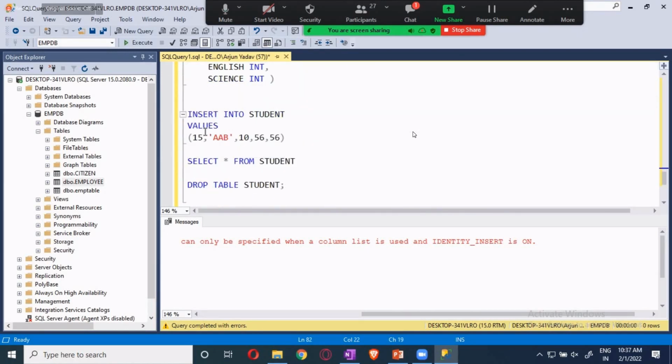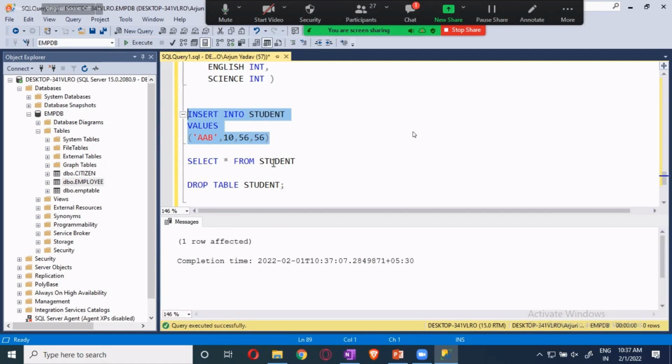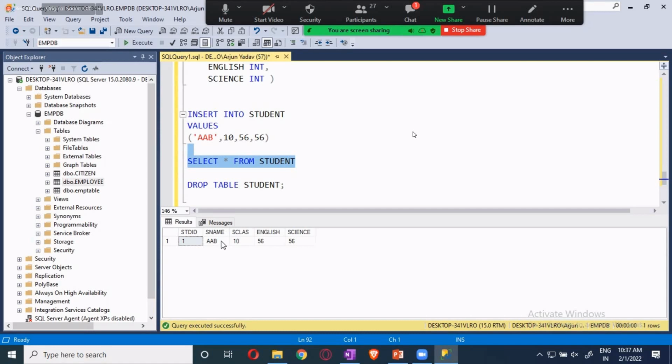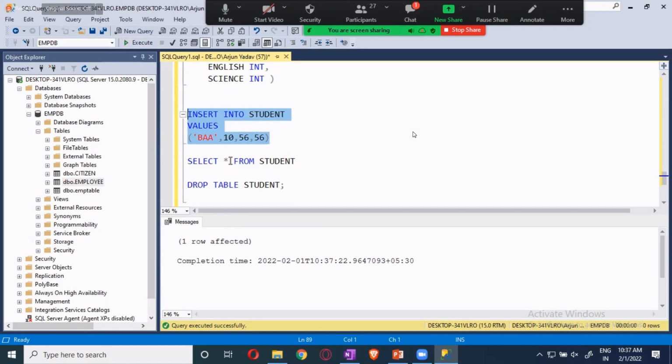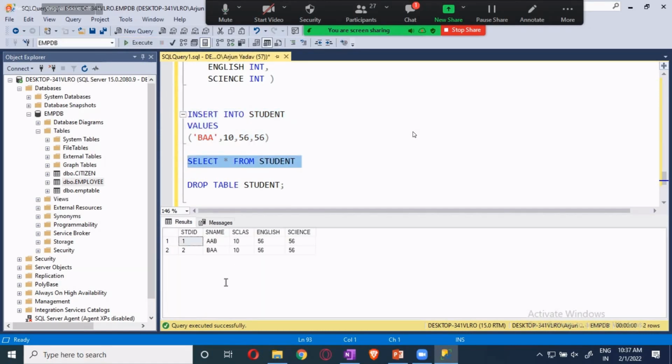Now let's see this. I will remove this one. Now I will run it. Whether it will go? Yes, it will work. Now you see how it is generated: 1. I will enter the second value over here, B, A. Now this one will be given ID as 2. Now you see this 2. Now if you want the third one, you give it as C. You will get the third one.